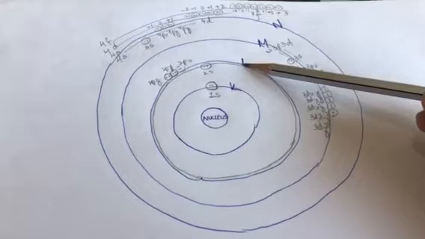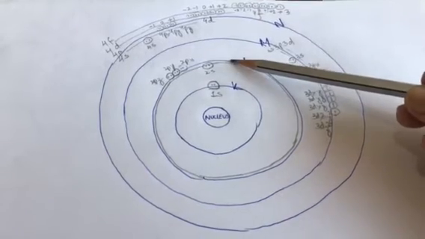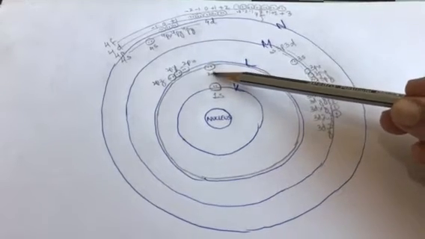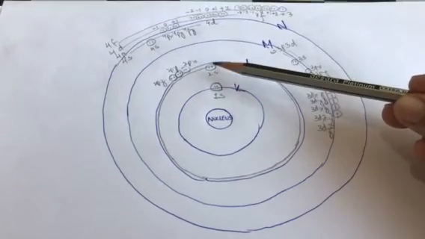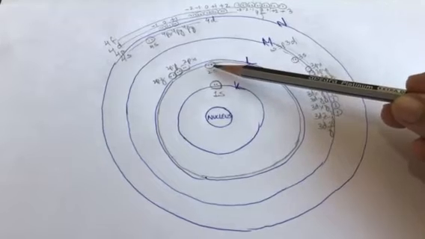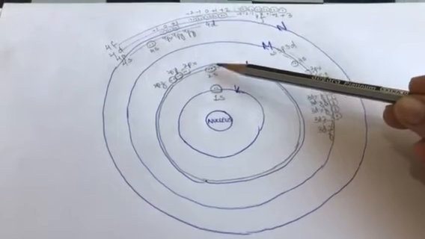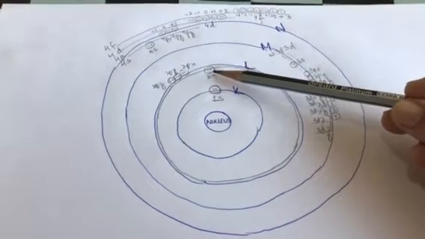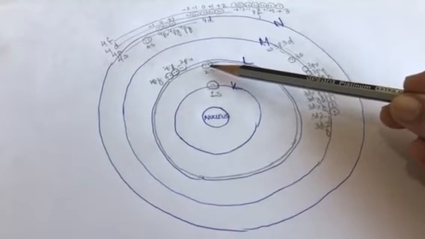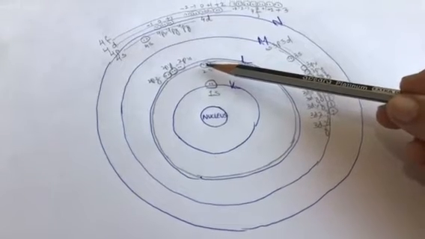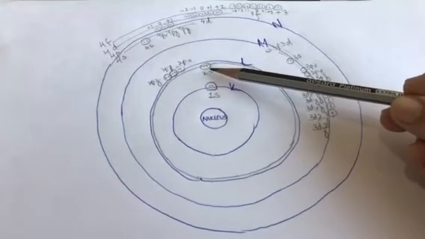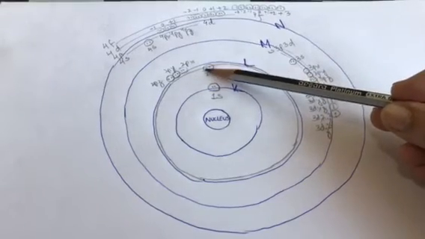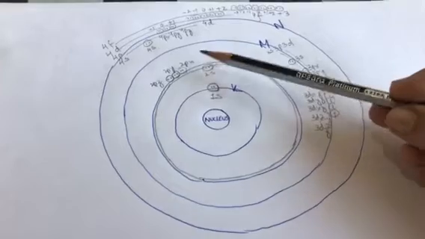Next is L shell. L shell has two subshells, 2s subshell and 2p subshell. 2s subshell has one orbital. Again, I repeat, the orbital doesn't look like this. Actually, it is not a well-defined space. It is an imaginary space. It is just for your understanding that I have come up with this model, this drawing of an atom rather. Then 2s orbital has two electrons, one anti-clockwise, another clockwise.